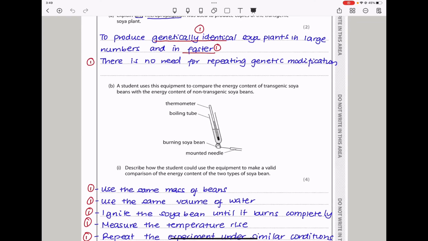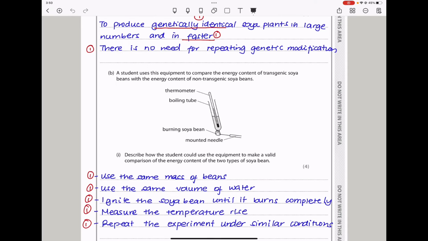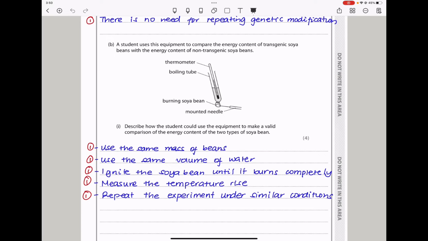Moving on. In part B, a student uses this equipment to compare the energy content of transgenic soybeans with the energy content of non-transgenic soybeans. We can see there is a boiling tube containing water, there is a thermometer, and then we have the browning soybean on a mounted needle. They say describe how the student could use the equipment to make a valid comparison of energy content of the